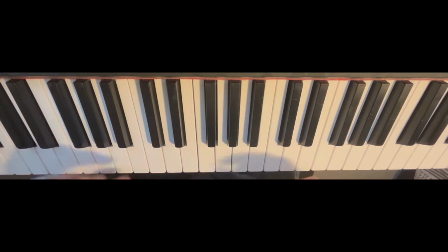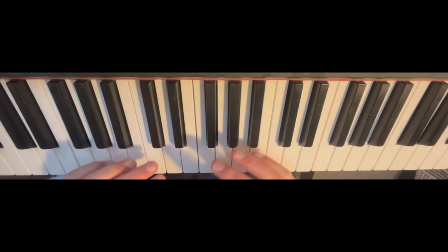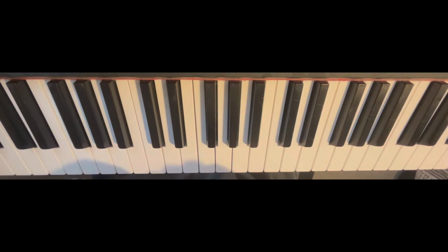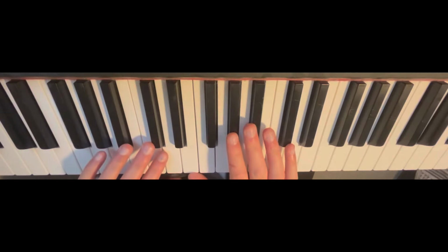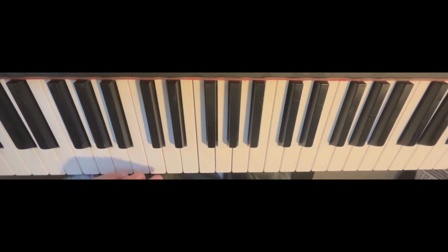Because Avi's sustaining his notes, naturally we combine all the notes into one chord in our head. So if we combine them all together at the same time, this is what each chord sounds like. So the first chord, C sharp minor, pretty standard. Next chord,